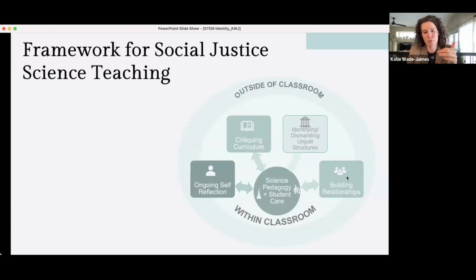They were able to understand them a little better and then use that knowledge to work on dismantling those structures. And then the fourth piece here is that they really built relationships with their students, but also with their communities, with parents, with other teachers. So they had that strong foundation of relationships. A fifth piece that I haven't quite figured out how it fits here, but has been coming up a lot in the last year with teachers I work with, is that these teachers made time for self-care. And I think that's really important when we think about doing this work. All of these things are hard and can be exhausting. And we know when we see good science teachers that they don't stop being a good science teacher because they went home, etc. So I just want to remind you all, with spring break coming up next week, that self-care is such an important piece of this framework.